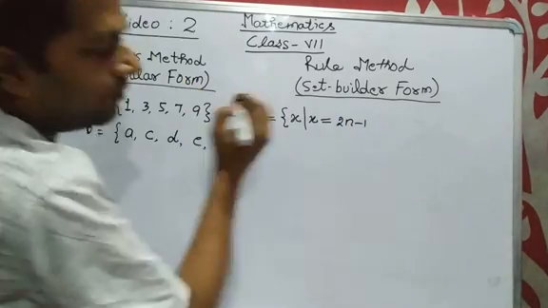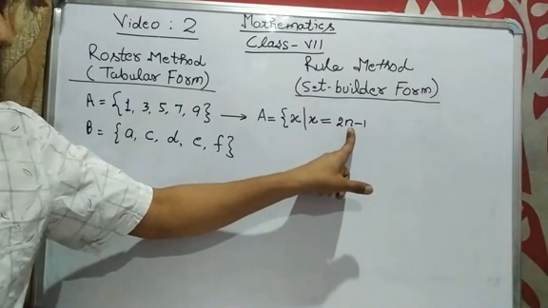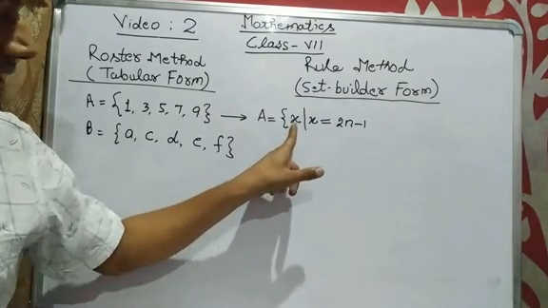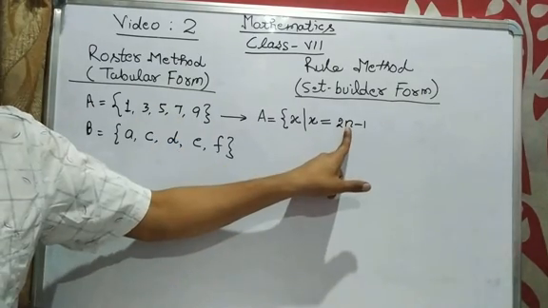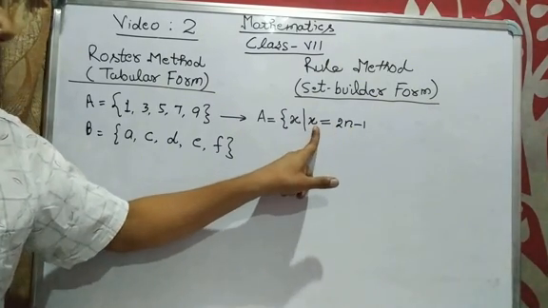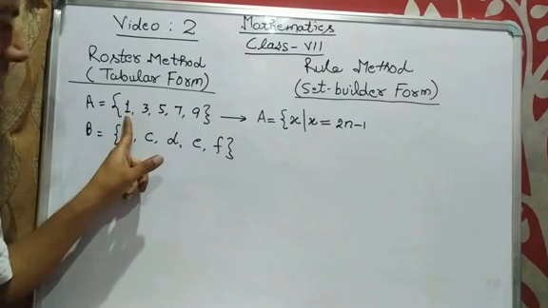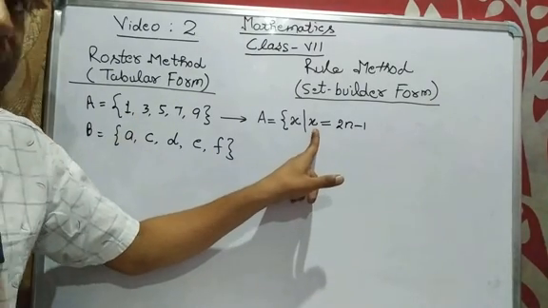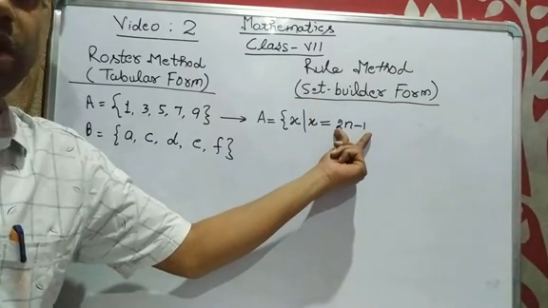x is equal to 2n minus 1. Now once again we can see a new variable, not element; elements are those. n is a new variable, and x is a variable that represents all the elements individually. Now what is n? With the help of n, we assign the value of x every time to satisfy these elements. The very first element is 1, so the value of x must be 1. That means x is equal to 1, that means 2n minus 1 is equal to 1.